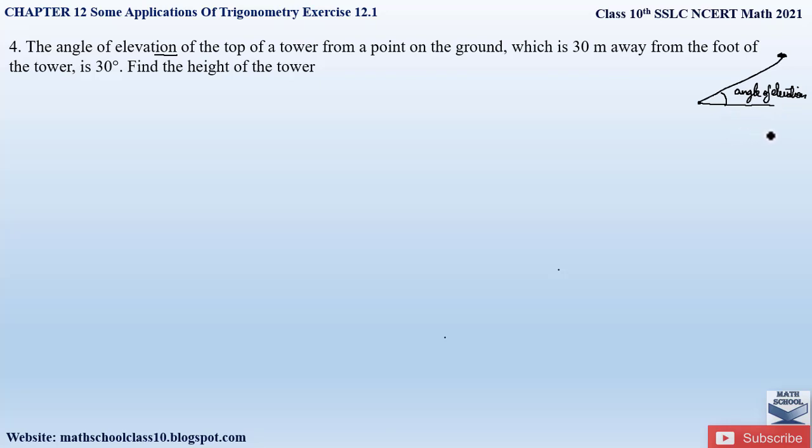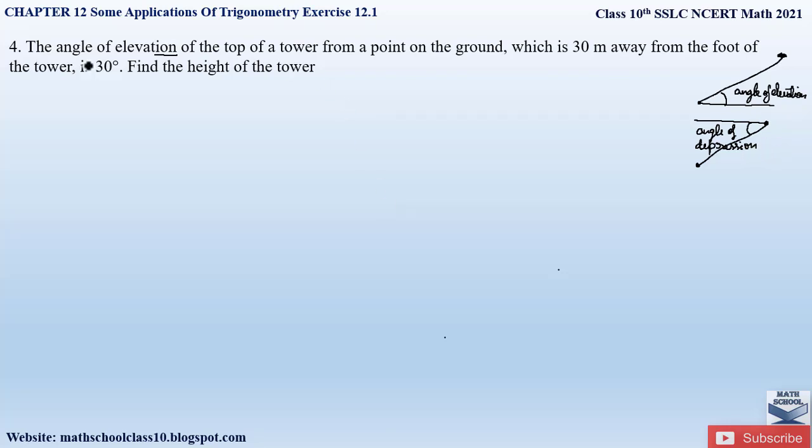The angle of depression is formed when a person lowers his head down to observe an object. When you consider a person or a point from where he is observing an object below himself, first we draw a horizontal line from the point of eyesight. This is called the horizontal line. And when there is an object below, the line drawn from the person to the object is the line of sight, and the angle between the line of sight and the horizontal line is called the angle of depression. This I have already explained in the introduction part of this video, so do watch that video before solving this exercise 12.1.